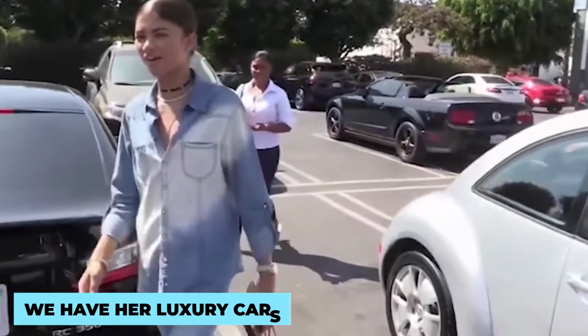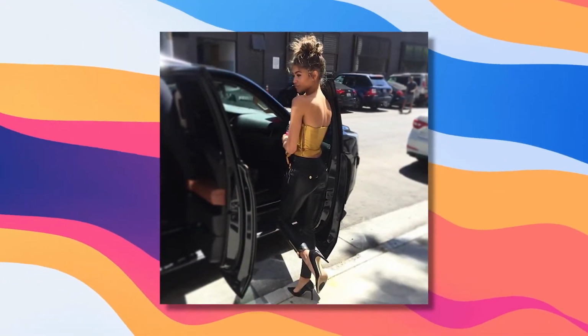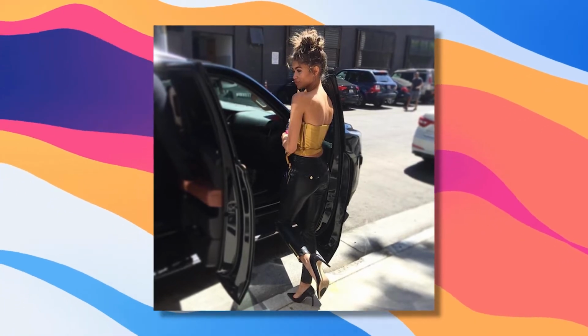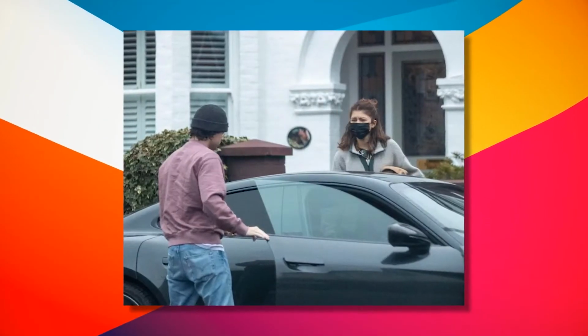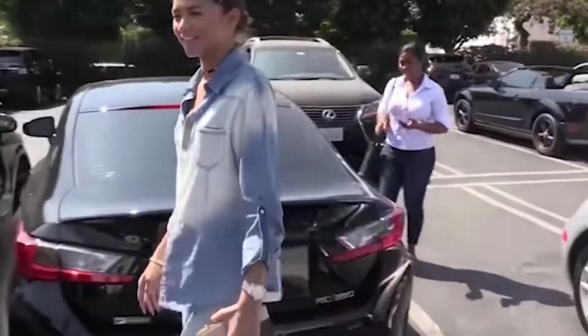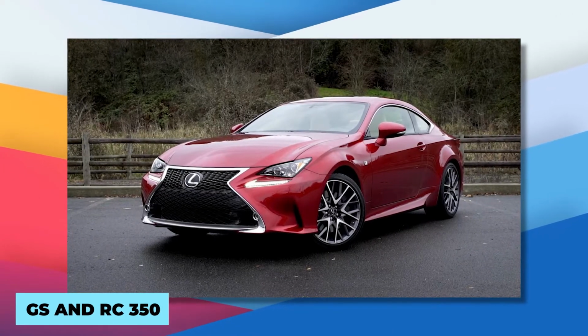Now we have her luxury cars. Although it would be lovely to see her flying around in Tom Holland's arms everywhere she went, she has a number of cars that she travels by instead. Owning everything from a Cadillac to a Mercedes, she's only a few steps away from becoming the next Bruce Wayne. Anyway, coming back to the point, she owns two Lexus models, namely the vintage GS and the RC350, costing